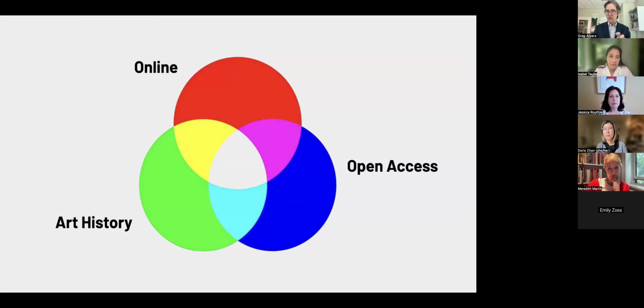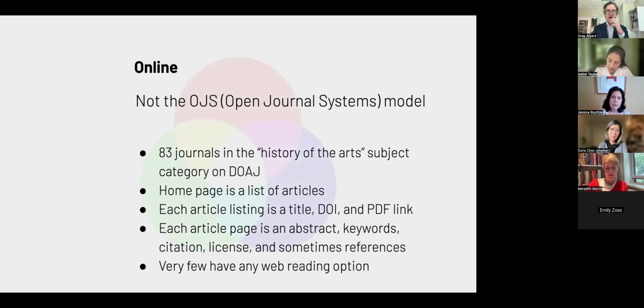But to distinguish a little bit, I want to talk just for a brief moment before I pass it over to our group about what I mean by online. By online, I don't mean what I call the Open Journal Systems model. Open Journal Systems is an open source journal publishing framework, which is widely used and actually a great program. But what it does typically is that for a journal using a system like OJS or OJS itself,